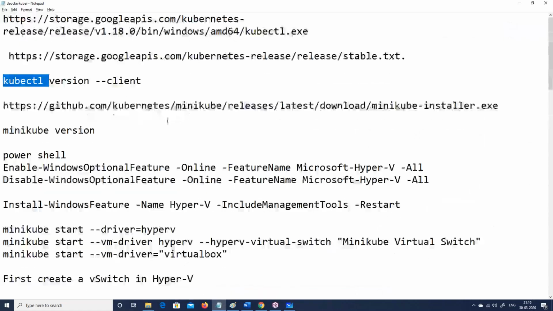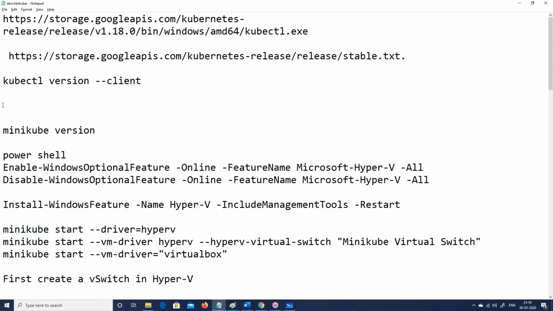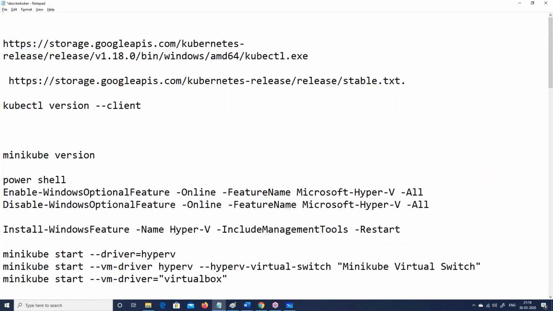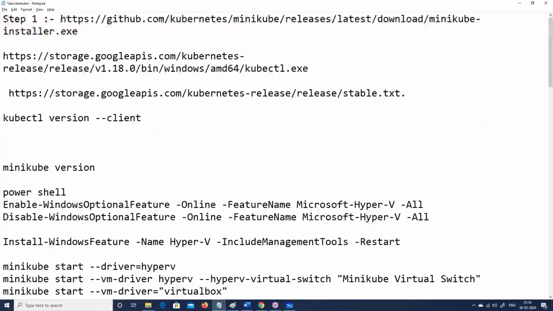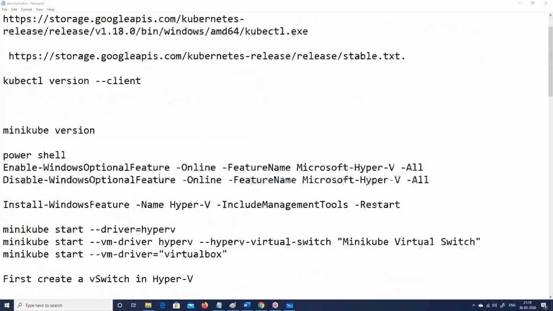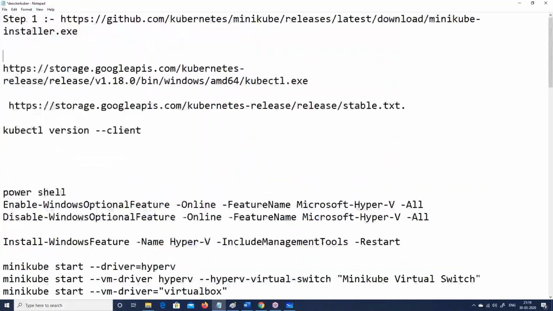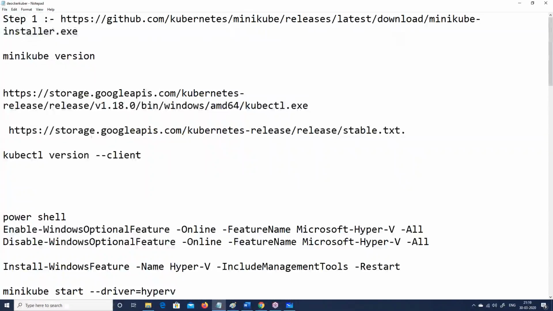So to get Minikube, you can get it from here. So you can see here, this is where Minikube is, right? So I have gone ahead and installed this Minikube. So step 1. This is the latest version of Minikube that I have installed. In case you want to get the version, for example, if I want to know what the version of Minikube is, I can just say minikube version. So at this moment in my command prompt, I have installed Minikube.